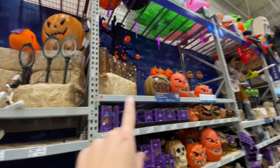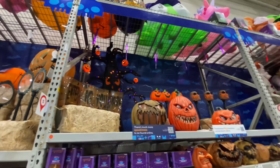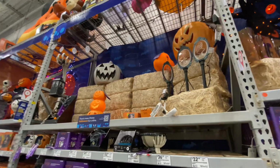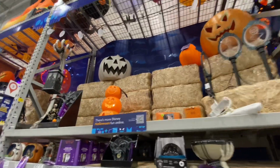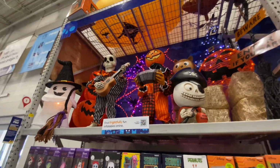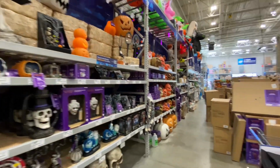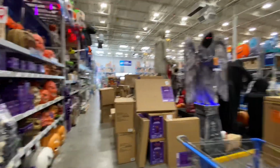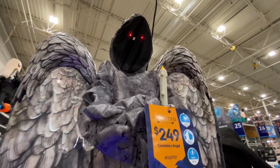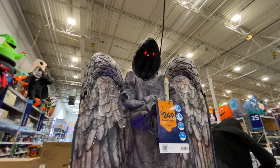The previous store didn't have all of this stuff set up, so that's rather cool to see. I like those dripping lights. I like the flickering tree and the pumpkins and everything all set up. The hay bales are a nice touch as well. And, oh, you even have these little guys set up. Kind of a cutesier display than maybe what I would prefer, but hey, it's still interesting. Oh, and I think I will end this little look around with the Cemetery Angel, who sounds just like the